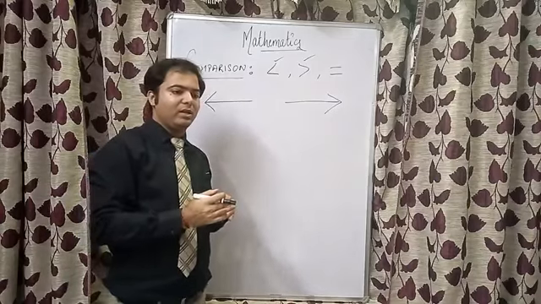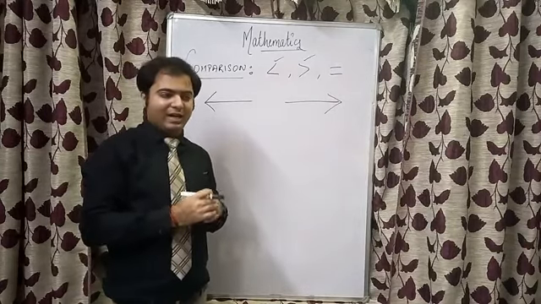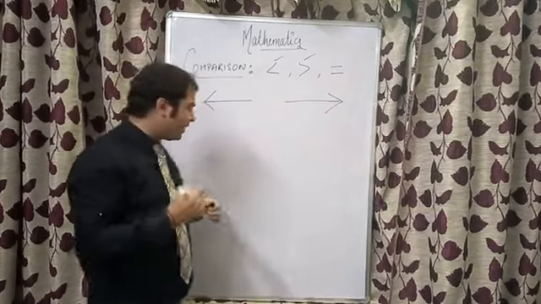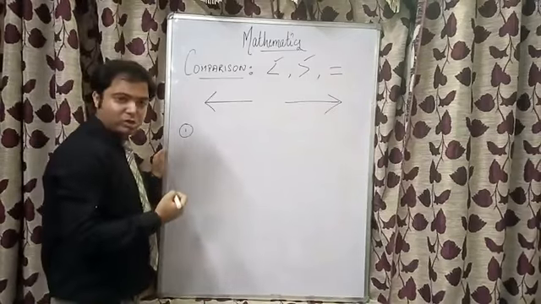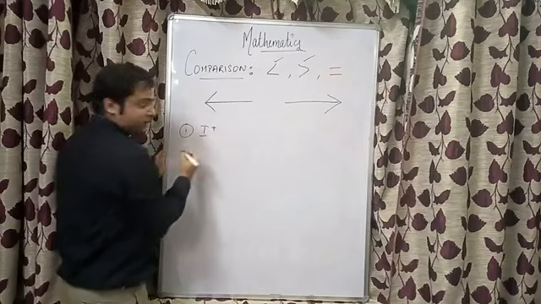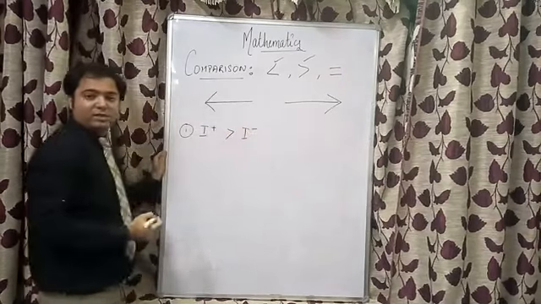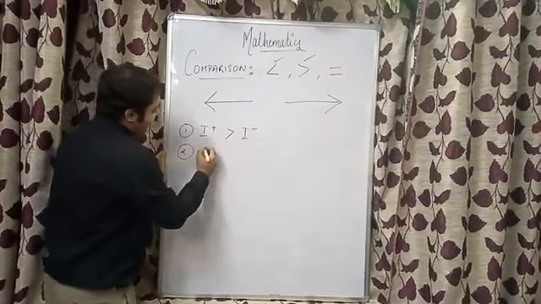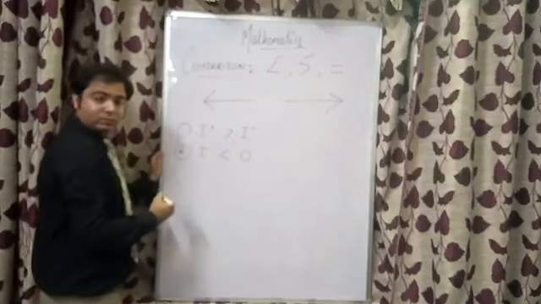It is similar in this class as well, just the basic difference lies in the terms that I will be telling you just now, right? First difference will be, in this we have got signs also. So we have to keep one thing in mind, that positive integers will always be greater than negative integers. First thing that has to be kept in mind. Second thing, negative integers will always be less than 0.